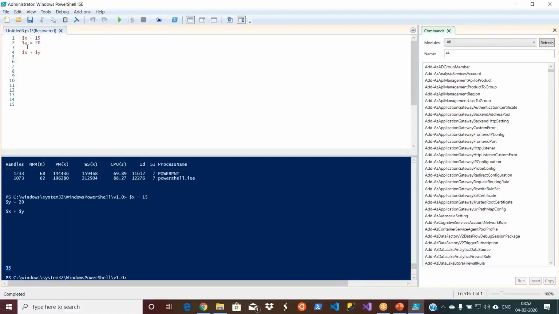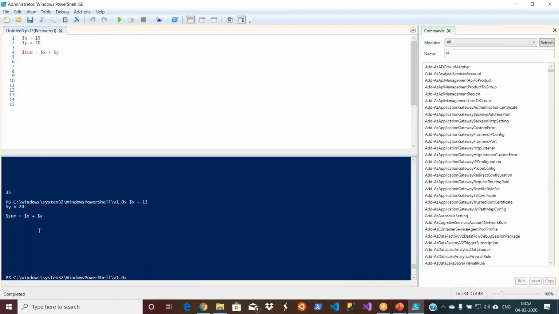If you want to keep it in some other variable, let us say $sum, then let's keep it. But now it will not display your output, because the value of $x + $y is now stored in $sum, and I am not displaying that one. For that, you need to use Write-Host, or anything. I'm just trying to show.